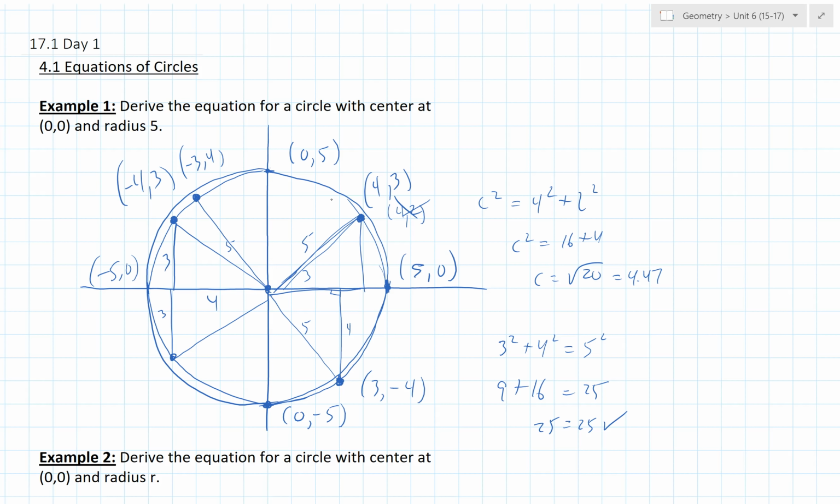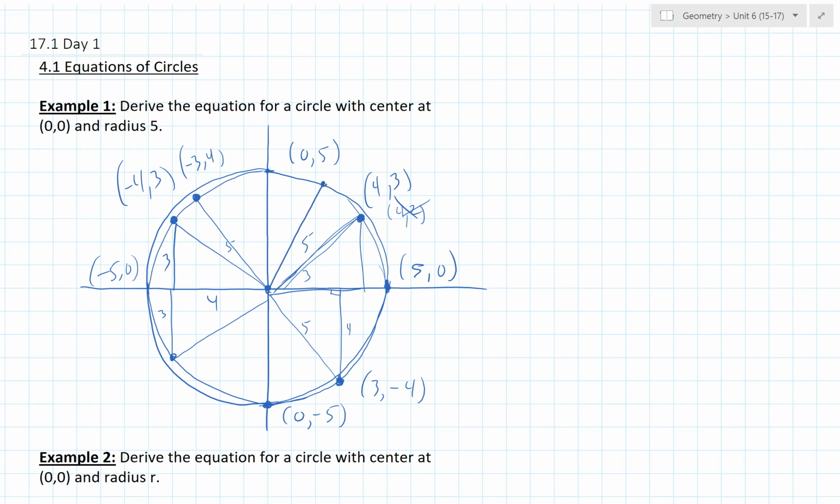But there are many more points that might not have integer coordinates that are also on the edge of the circle. And we want to be able to write an equation that will help us find the coordinates of those points. Okay, so what I'm going to do now is